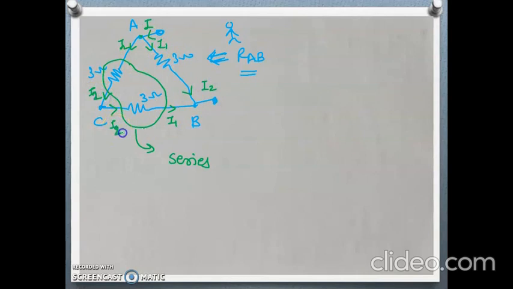This is I2, this I2, and this will be the I1, and here the I current will be the sum of I1 and I2. That means this is the point at which the current is distributing through this path, and here this is the point where currents are coming out from this B point. So this 3 ohm and 3 ohm, as the current flowing through them is same, are connected in series, so its equivalent will be 3 plus 3, 6 ohm. Let's redraw the circuit again.